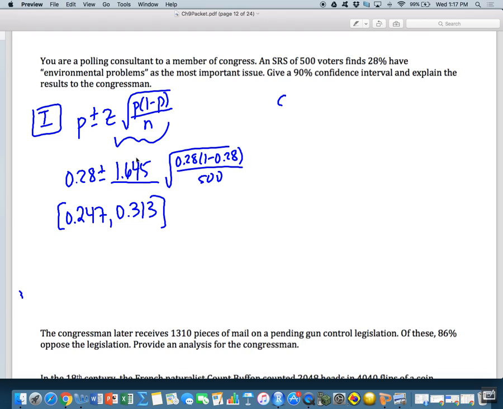You need to interpret the interval itself, and you need to interpret the confidence level. These are pretty much sentences that are always going to be the same, so I would highly suggest that you memorize them. All that's going to change is the context. So you start with, I am 90% confident. Okay, 90% because it's a 90% interval, so if I change that number, you're going to change from 90 to 95, etc. I'm 90% confident that the population proportion